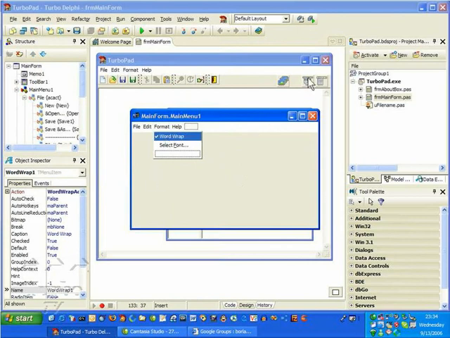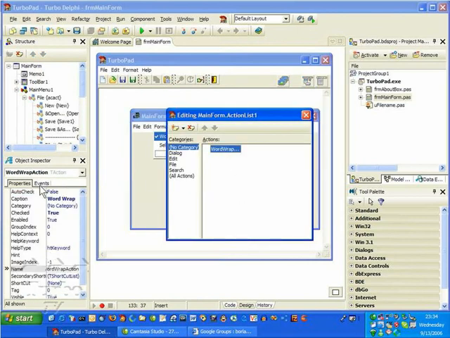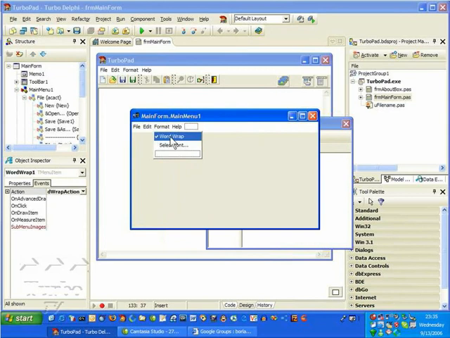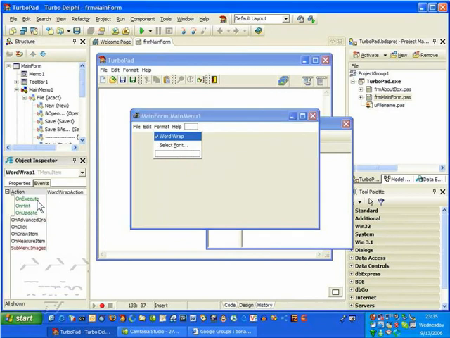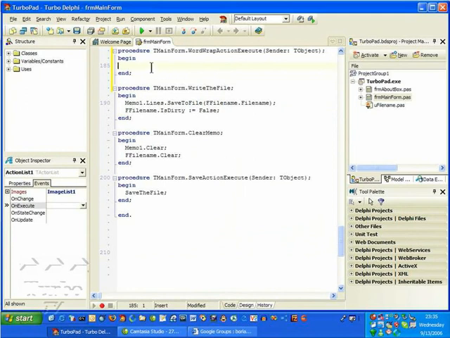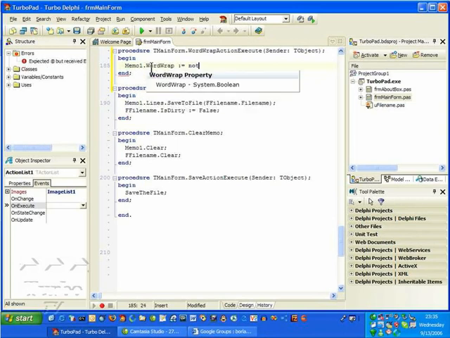And notice that WordWrap is checked as an action by default. And of course, since it's a normal action, it has an onExecute event. And we want stuff to happen when we select it, so we want an action event to occur on execute. So we'll create an event handler for onExecute, and then we'll write a little code to manage the WordWrap being turned on and off. So when we double click there, we'll create a WordWrap action execute event handler, and we will add some code. First thing, of course, is we want to take the WordWrap property and turn it off if it's on and on if it's off, and we can use the Boolean operator not to do that,